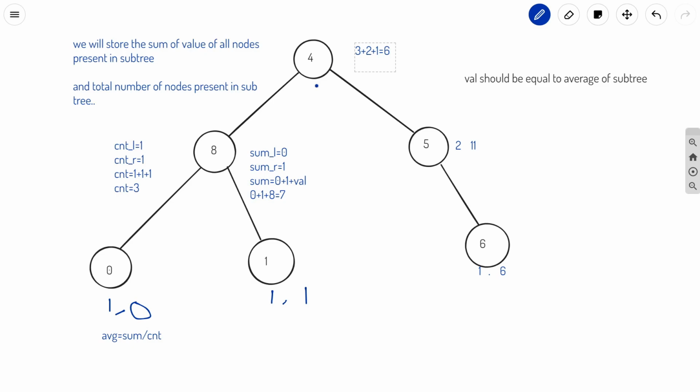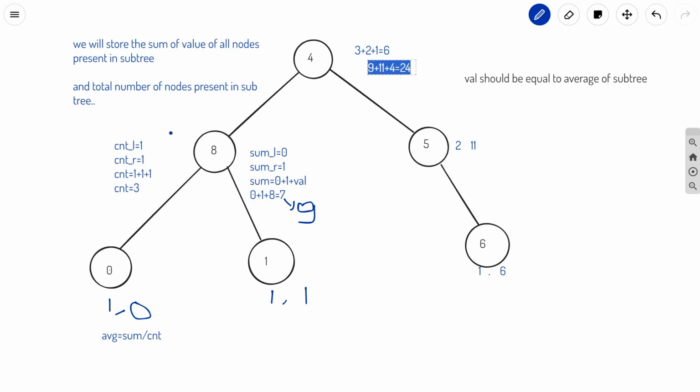So count is equal to 6 and the sum is basically 9, it is not 7, it is 9. So the sum is 9 plus 11 plus 4, which is 24. So basically we are using the sum and count which we have calculated for the left part and right child, and we are using them again in order to avoid recursion again and again.